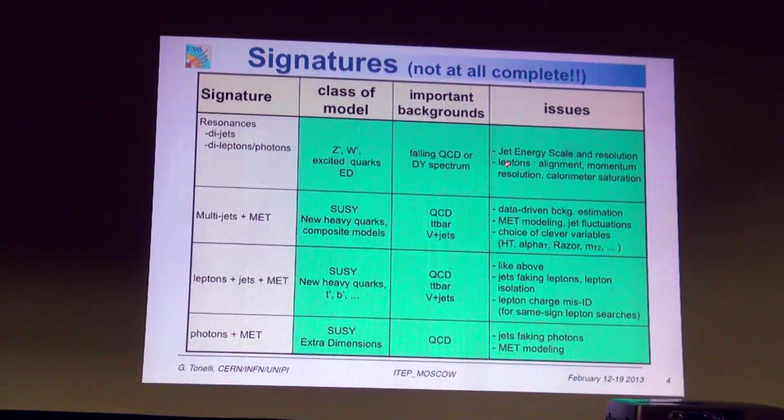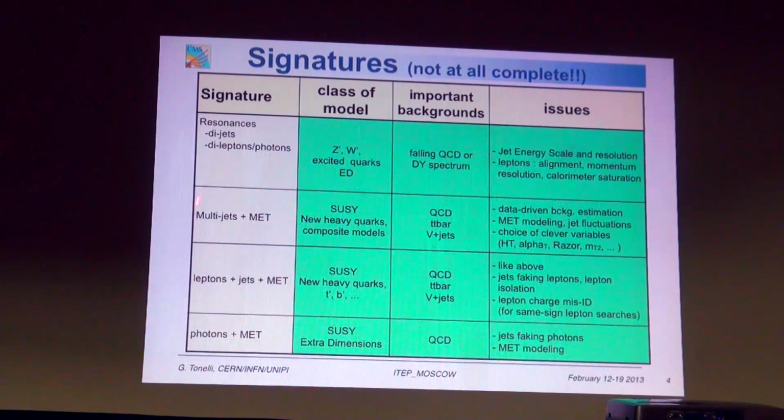Whenever you have uncertainty in the jet energy scale, you can easily move a steeply falling function quite substantially. You have problems once you use leptons. You have to align your detector very well, because if you don't, you don't know the momentum scale and you cannot measure well at very high mass. Remember that we are looking for objects that might be 1 or 2 TeV. In this region, even identifying the charge of a high-pT lepton is not easy, and you can do it only if you align the entire system, which is tens of meters, very well. Then you have to understand the response of the calorimetry, because you have extremely energetic particles to detect, and sometimes the calorimeter has been tuned for another region, a few hundred GeV, so you have to understand if there are saturation problems.